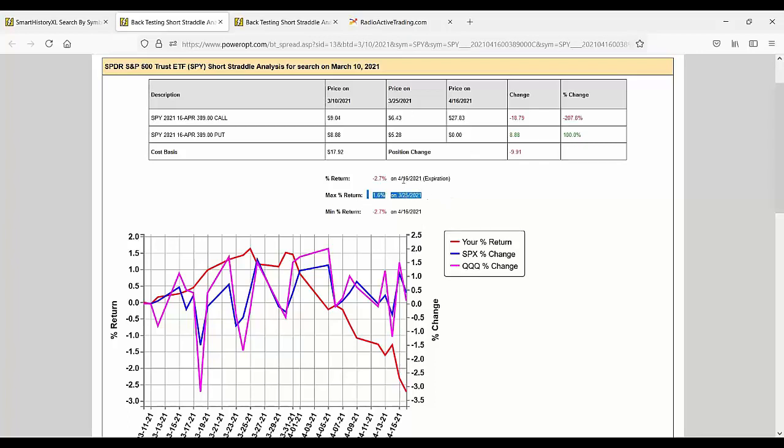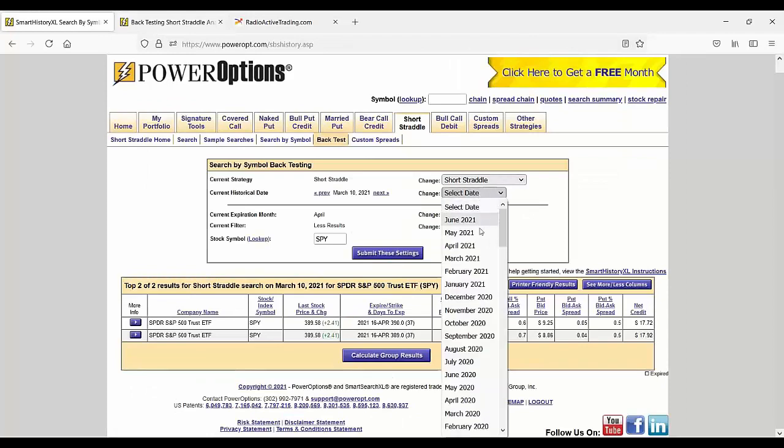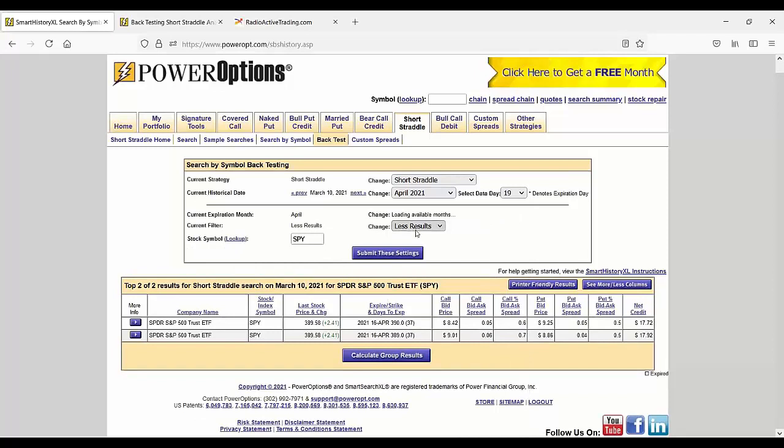The most profit it ever had was 1.6%. All right, so this was a loss of 991 or 2.7%. The 991 is the most important, Rephael, of course. Go back. Change the date to April 19th. So after this spread was closed for maximum loss, assuming we held it all the way to expiration, Rephael,